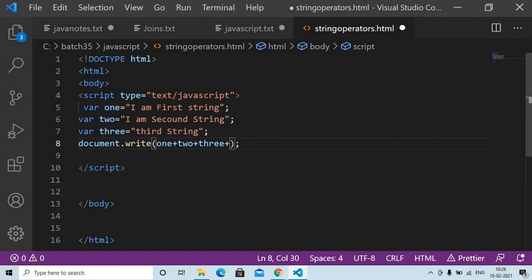Okay, so inside of the document.write you can give any HTML elements, written within double quotes. Okay, so I want a next line. By using a break tag we can get the next line, right? In HTML, whenever you use the break tag, it comes in the next line.